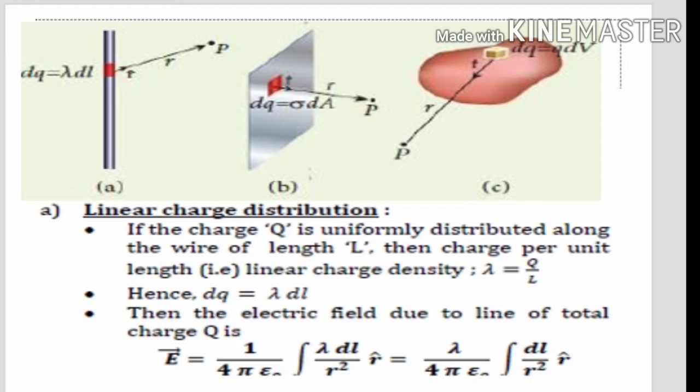So what will be the electric field at the point? That can be written as E vector is equal to 1 by 4 pi epsilon naught integral dq by r squared into r cap. Here dq in the numerator will become lambda into dl. So here lambda is said to be constant, so it will come outside. So E vector is equal to lambda divided by 4 pi epsilon naught integral dl by r squared into r cap. This equation helps to determine the electric field at any point near the charged wire.